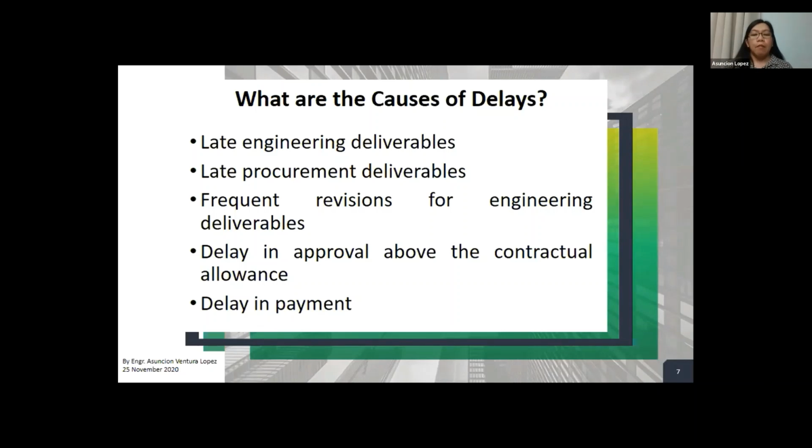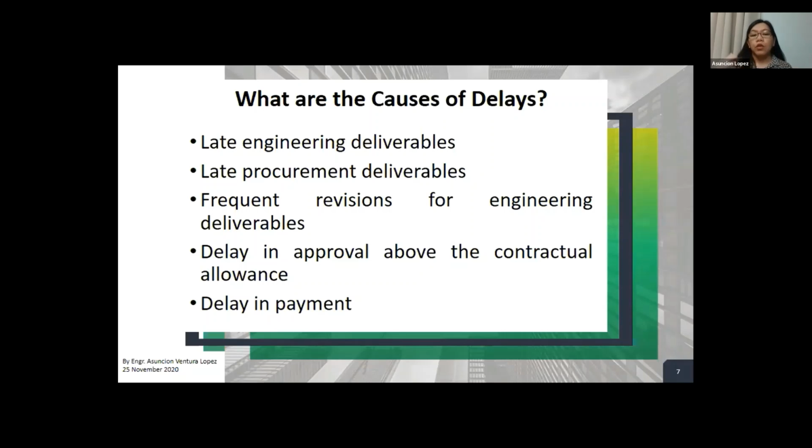Delay in the approval above the contractual allowance. Now, there could be things like shop drawings. If the contractor has submitted shop drawings, you always have to be mindful of what the allowance is, the period of approval of those shop drawings.